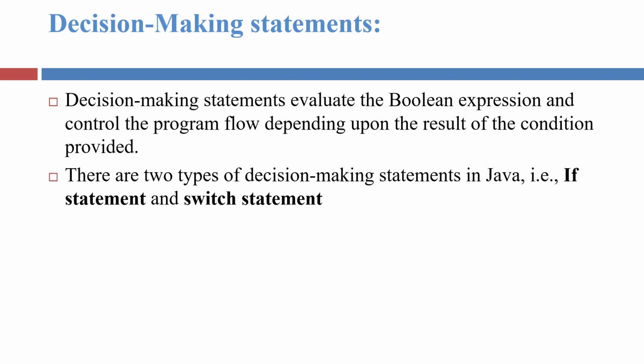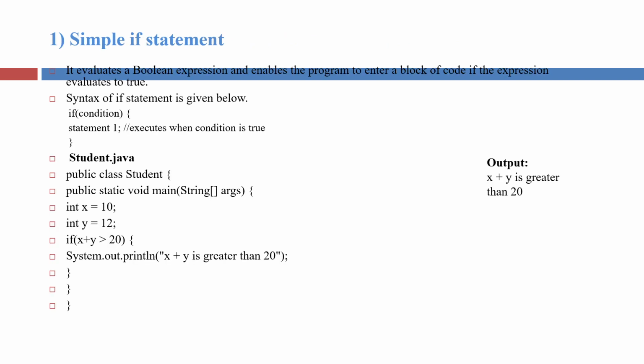So what are decision making statements? Decision making statements evaluate a Boolean expression and control the program flow depending upon the result of the condition provided. There are two types of decision making statements in Java: the if statement and the switch statement. This is the example for the simple if statement. The syntax for the if statement is: if condition, and if the condition is satisfied, the following statement